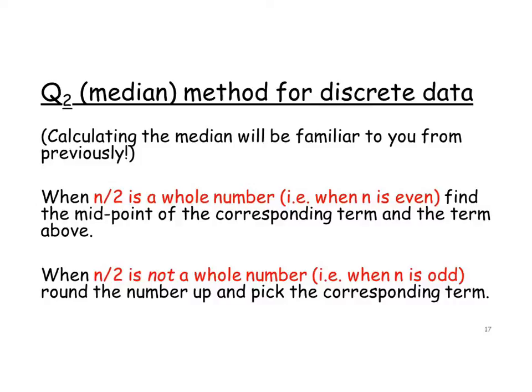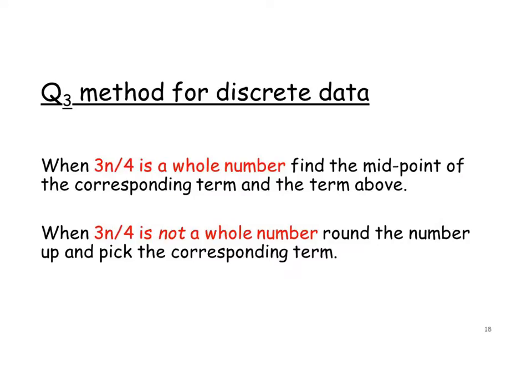And similarly for Q2, we have already seen this method in the last lecture. When n over 2 is a whole number, i.e. when n is even, find the midpoint of the corresponding term and the term above. When n divided by 2 is not a whole number, i.e. when n is odd, then round the number up and pick the corresponding term. Finally, Q3, similarly again, if 3 times n divided by 4 is a whole number, find the midpoint of the corresponding term and the term above. And if 3 times n divided by 4 is not a whole number, round the number up and pick the